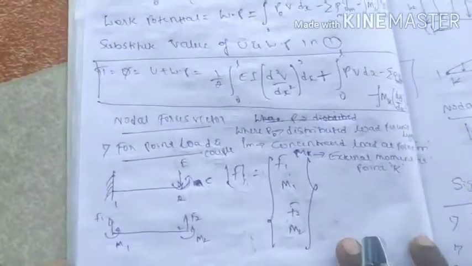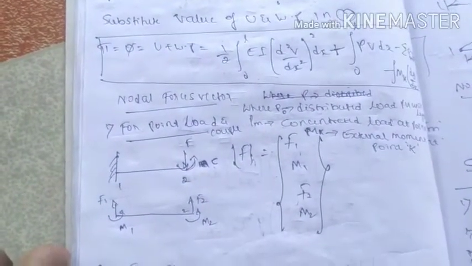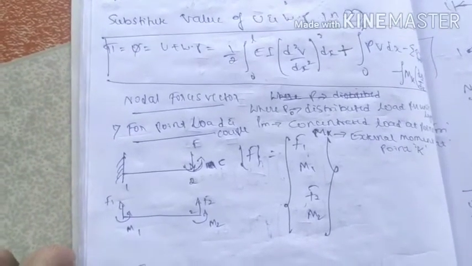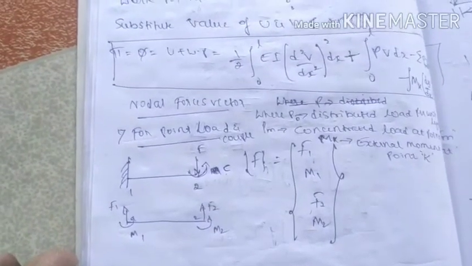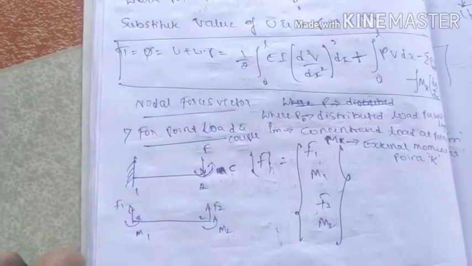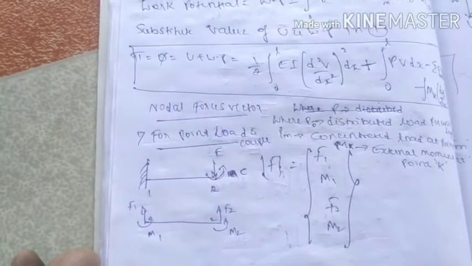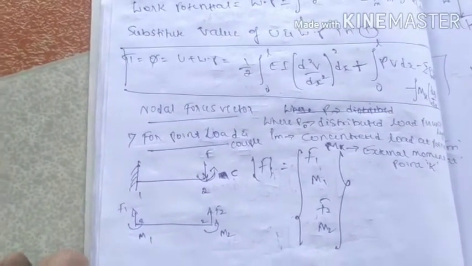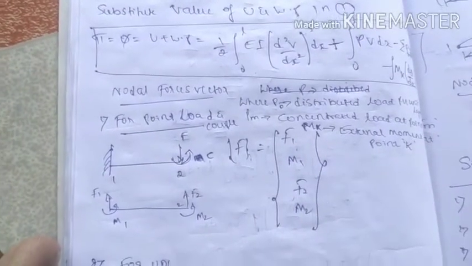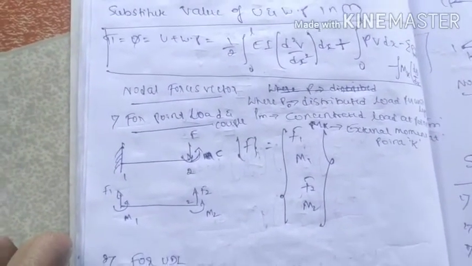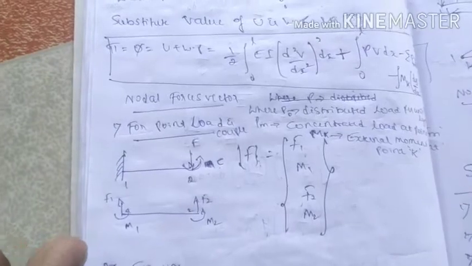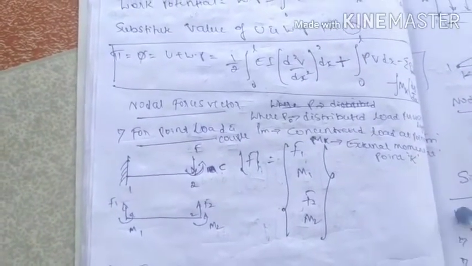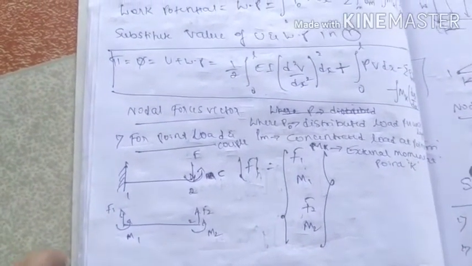Now we are moving to the numerical problem today. Before going to the numerical problem, the steps involved are the same as for bars and trusses. First, we need to write the FEM model. Then we need to derive the stiffness matrix for each individual element. Then you have to find the global stiffness matrix by adding the individual stiffness matrices.